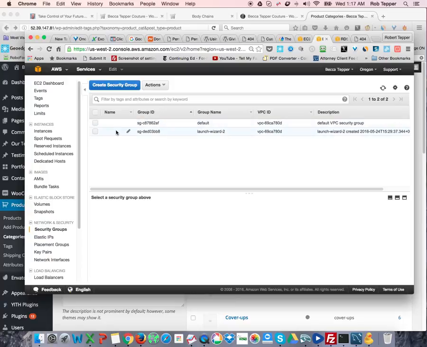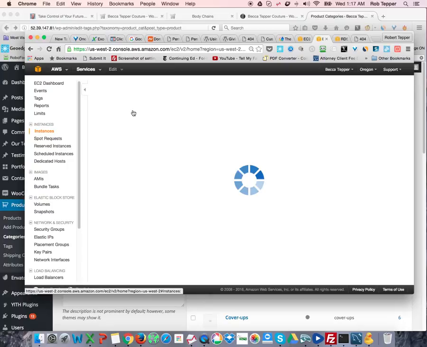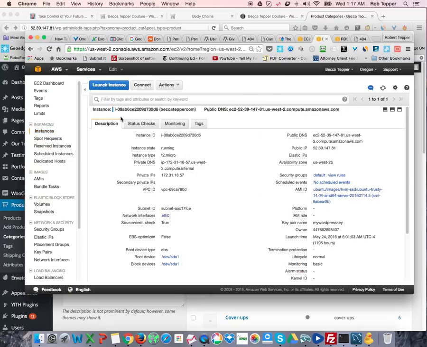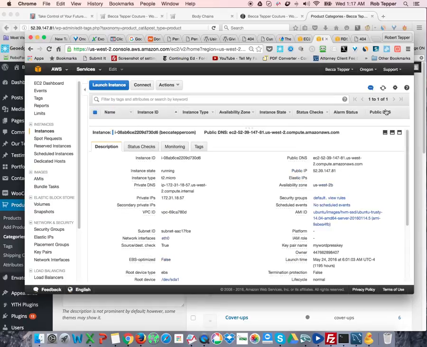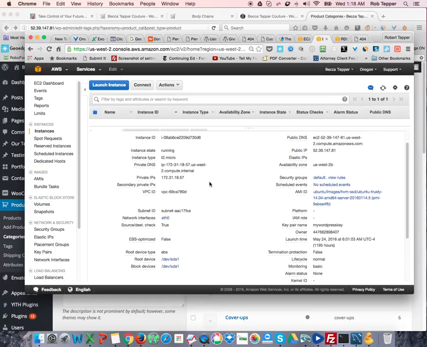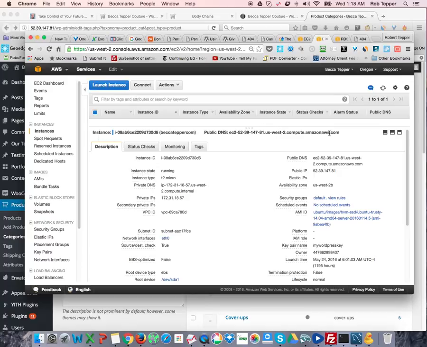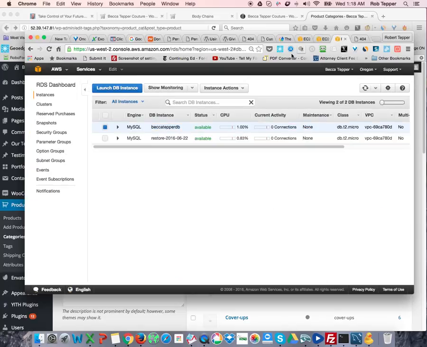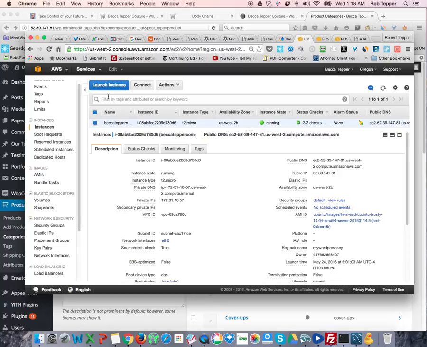So this is the instance. We just have this one instance, which is here. And if we pull it up, we can have it showing, so there's all the details about it. But this is the one instance that we're running, and then this is the database that it should be tied to, and then the last piece is looking at the